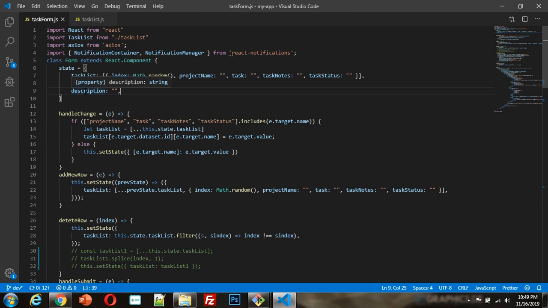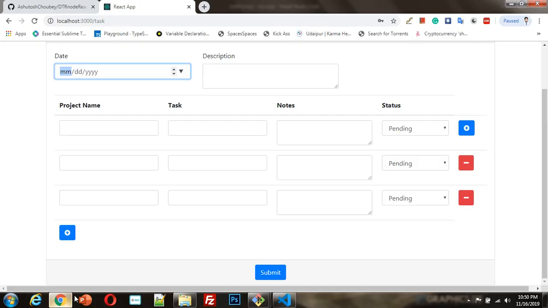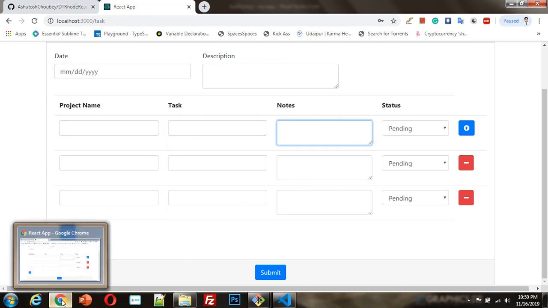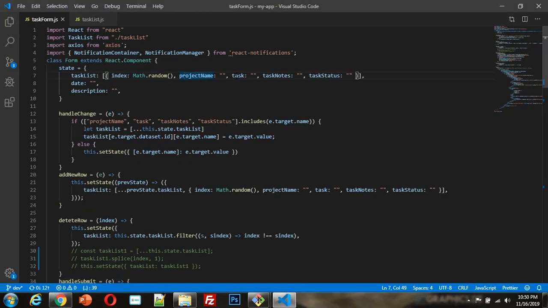So description is another property, and task list is defined as an array, right? In this array, one object means one data in the form of an object, and this object has some fields. Which fields are there? Project name, task, notes, and status. So project name, task, note, status. With all these things, one